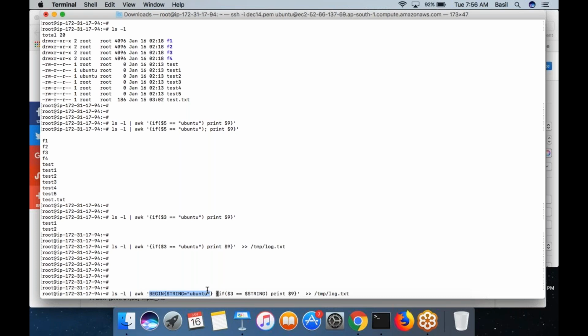Sometimes you want to run some command before you start with the main action block. For example, you have a number of machines that you want to log into.